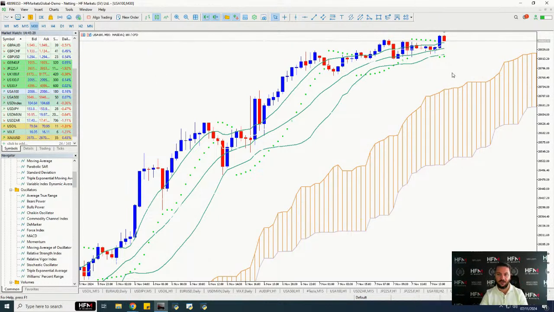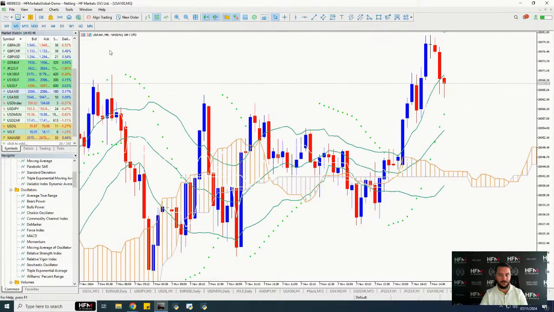This is the Nasdaq. So you can see with the Nasdaq, ladies and gentlemen, we're trading above the Ichimoku trading cloud. We're on the upper side of the Bollinger Band. We're more or less at that upper band. And also the parabolic SARs are below. So all this is indicating upward price movement. The only thing I would say is switch over to a 5-minute time frame.